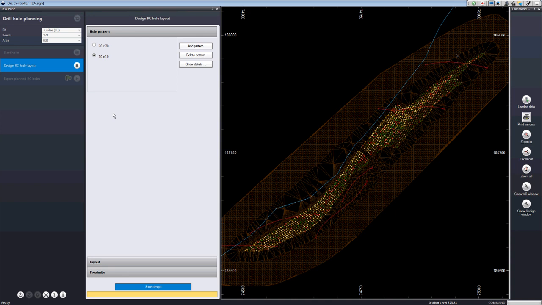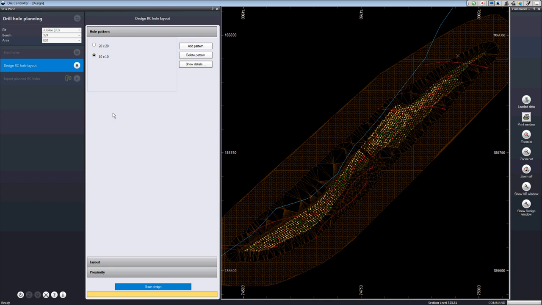So as we can see here in the design window, this activity has now loaded a mine topography. We have a blue line going across the screen, which represents the intersection of a fault which runs beneath the pit. You can see some existing drill hole information, and you can also see some exploration drill holes colored in red. And what we're going to do is lay out some RC drill holes in this system to carry out grade drilling so that we can have some information for modeling.